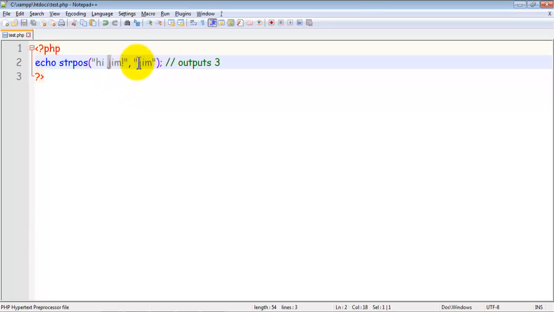So we are finding the position of Jim; it will search for the first letter of the string or character that we have to find in the main string. Okay, so it will print 3.